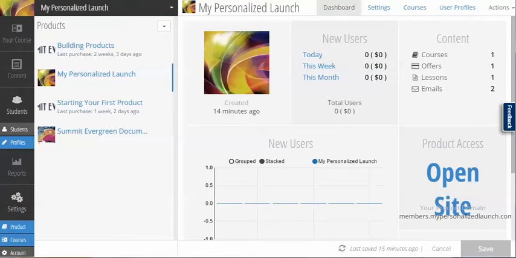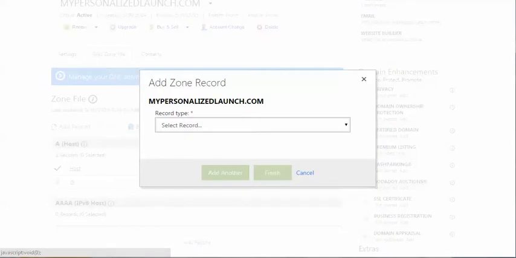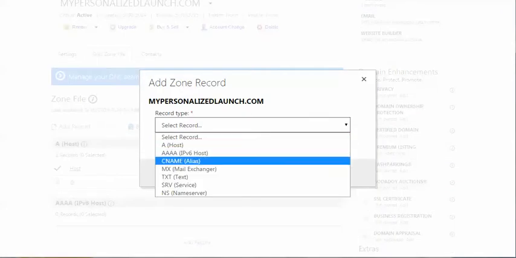Next, you'll want to head to where your domain is hosted. In this case, it's hosted at GoDaddy, but there's several different places you could have your domain hosted. Once you go there, you're just going to want to add a CNAME record. So you usually go to where it says your DNS zone files are, and then you're just going to add a record. In this case, it's going to be a CNAME,